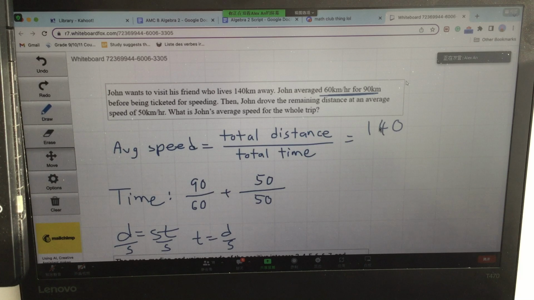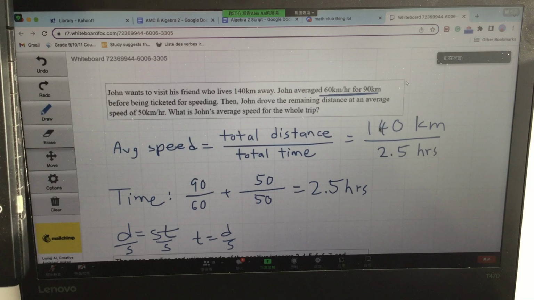Before the speeding ticket he drove 90 kilometers, which means after the speeding ticket he drove 50 kilometers. The total time is equal to 2.5 hours. Yes, 2.5 hours. So for the average speed, it's just 140 kilometers divided by 2.5 hours